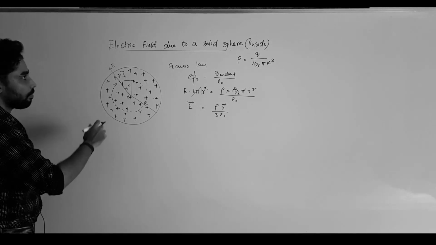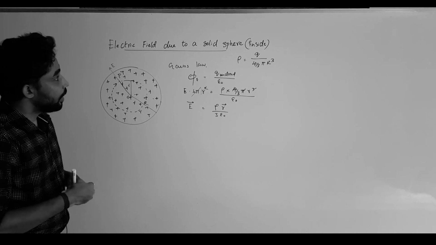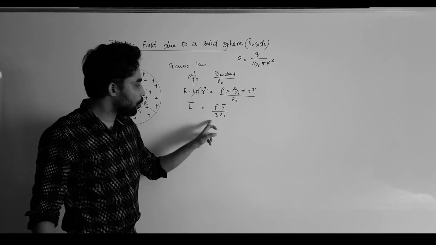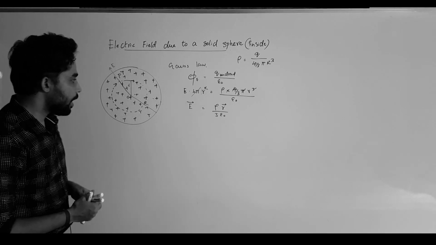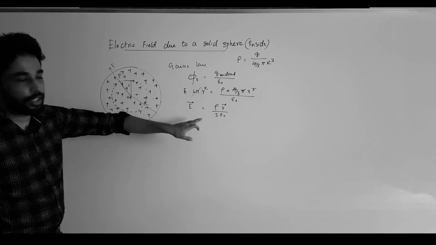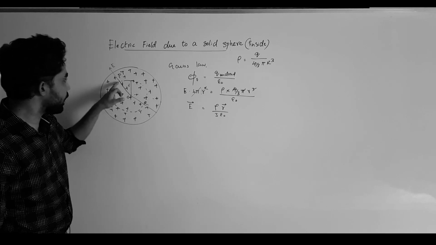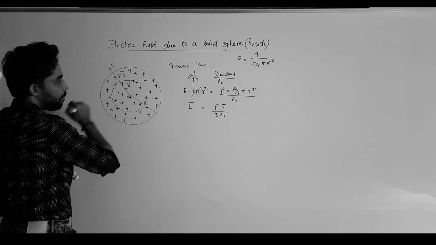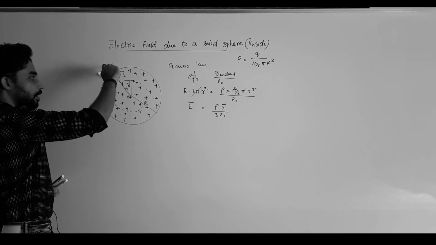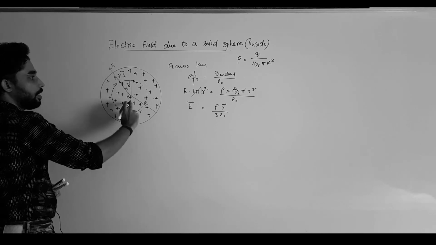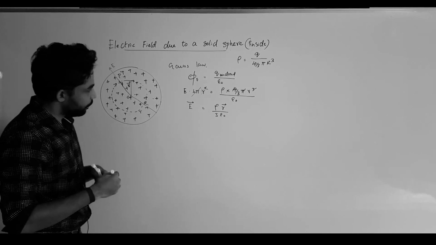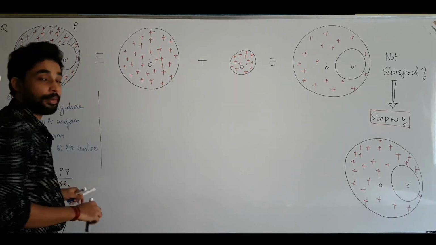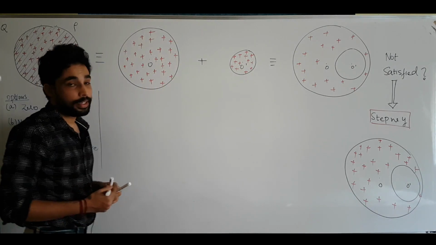So anywhere within the solid sphere I can write the expression for electric field as rho by 3 epsilon naught r. In this case the direction is radially outward, that is along this r vector, but if it is negative charge it should be opposite to that. So in this case it will be radially outward. Welcome back to reality. Now that we know how we got this formula, let's proceed.